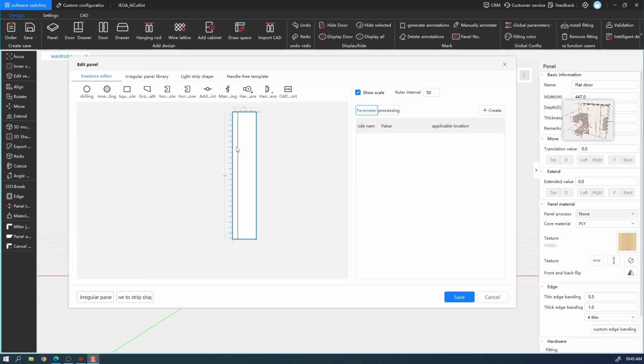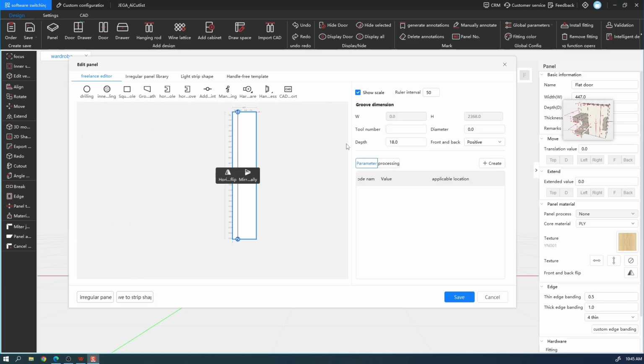Now you have created this type of line. You just click on it. At the right side, there are all these parameters. You can come here to set it. Like this is the tool number. You can hit like the T4. And this tool number and the diameter for this tool number, you can come here to set it. And for these tool numbers and this tool diameter, it needs to be the same as the tool you set